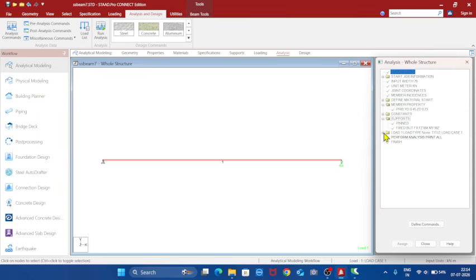Then loading, if we click on the loading, so member load we have given, in which we give uniform distributed load of minus 30 kilonewton per meter. We have given the analysis command. Now the design is pending. So we need to give the design commands. So click on design,